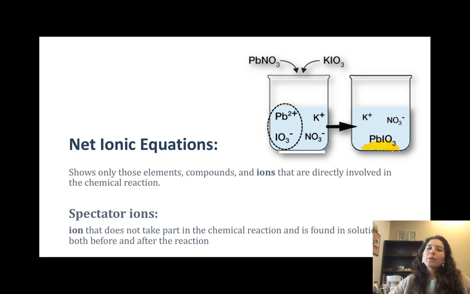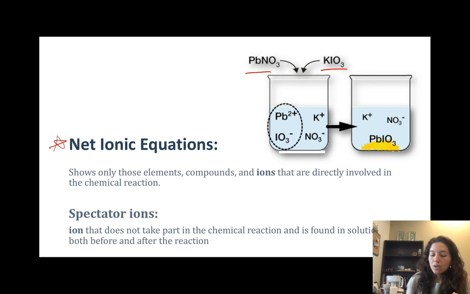In this video, we're going to discuss net ionic equations. Net ionic equations are important when we're talking about precipitation reactions. Net ionic equations only show the elements, compounds, and more importantly, the ions that are directly involved in the resulting chemical reaction. So an example of this is, say, if you add lead nitrate and potassium iodate to a beaker